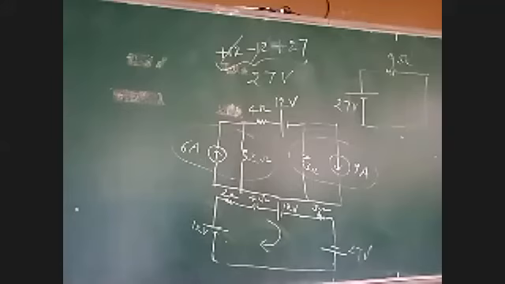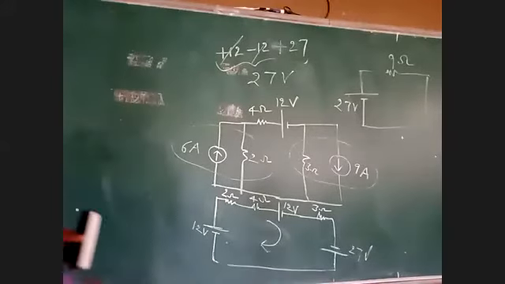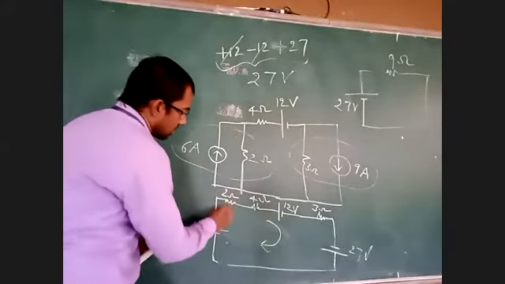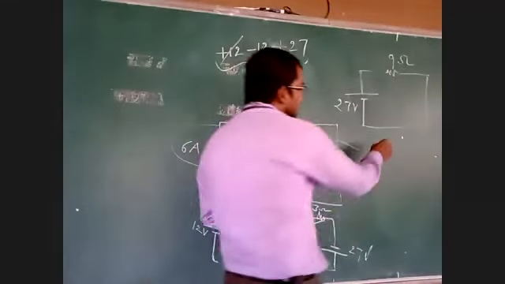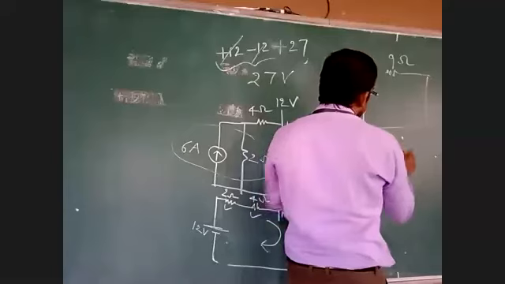For calculating that, why did we take only one resistance, when there are 2 ohm and 4 ohm? 3 resistances are there. See, this is 1, this is 2, this is 3. All are in series. Suppose you take R1,